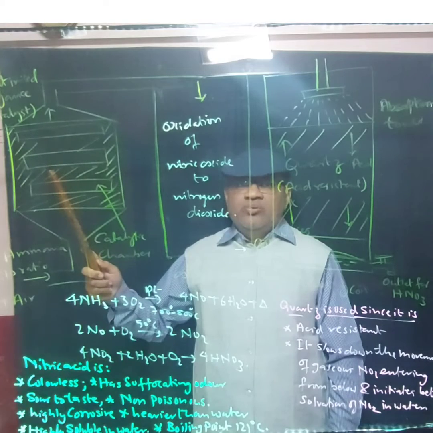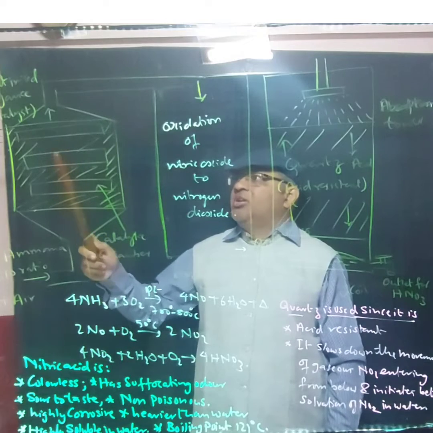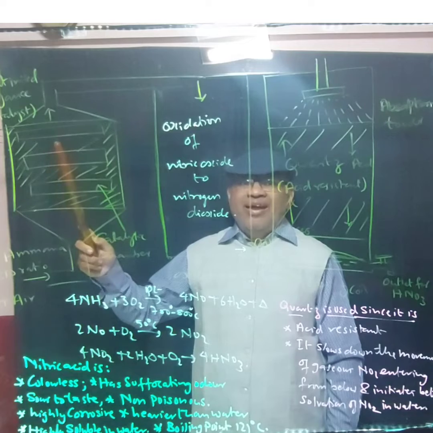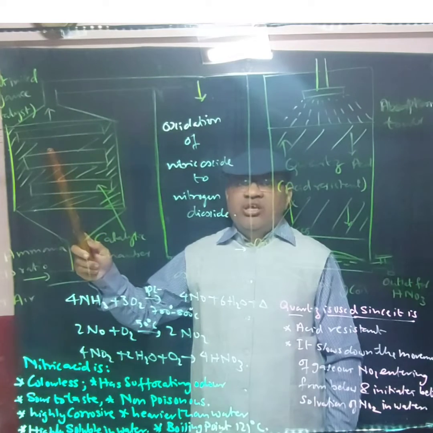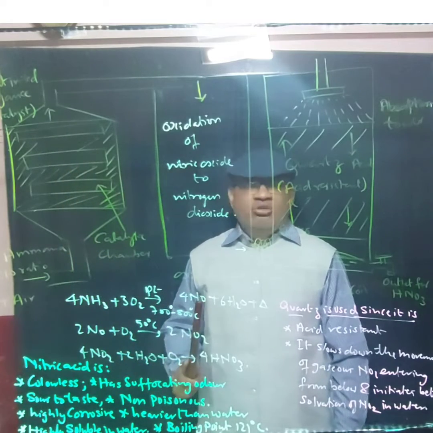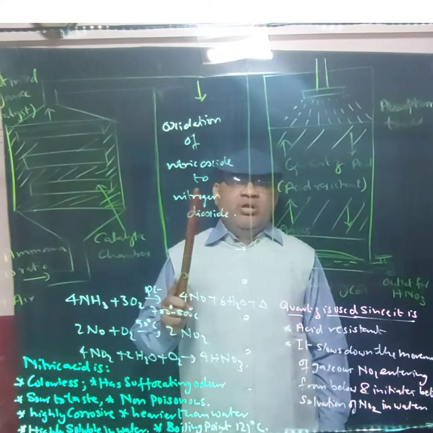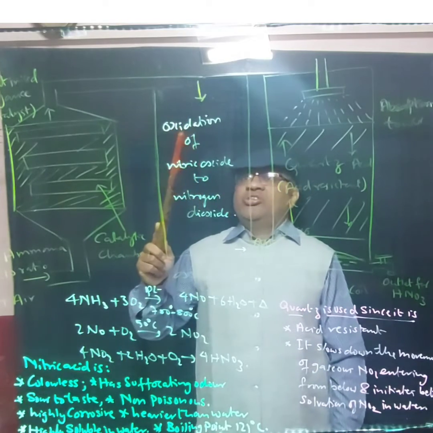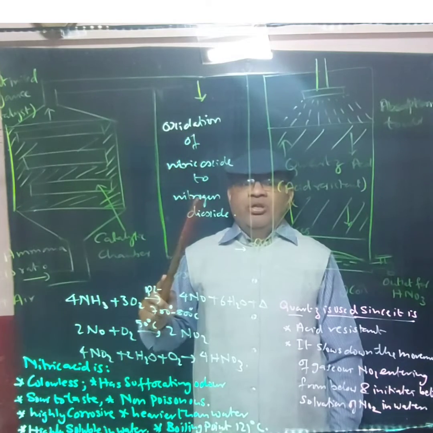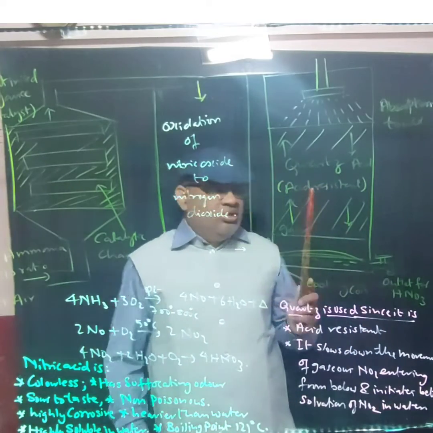platinum gauze. Okay, so here you have the catalytic chamber in which platinum gauze is used, and it helps in the formation of nitrogen dioxide. First nitric oxide and then nitrogen dioxide. So when the reaction goes, nitric oxide forms. This nitric oxide goes over here into the oxidation chamber. Now in the oxidation chamber, the nitric oxide gets converted to nitrogen dioxide, and then after that it is sent into another chamber. This is called the